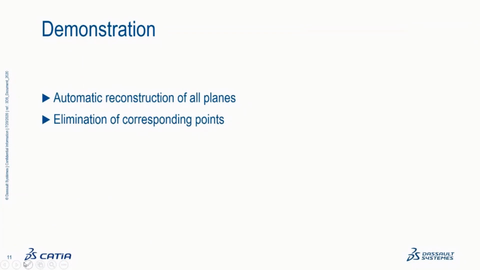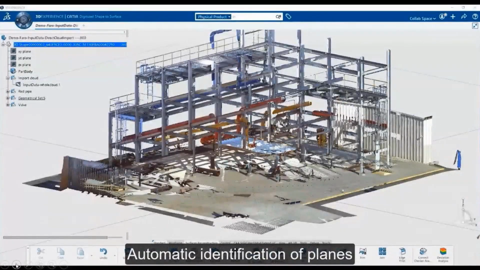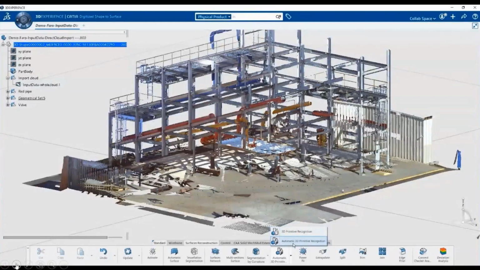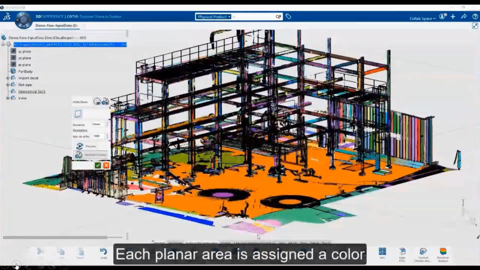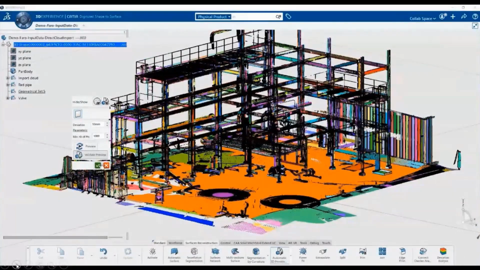Next is important. It's really a question of dedicated tools which are necessary in the context of plant digitalization, because that's a question of productivity. It's the possibility to recreate planes. Yes, so you can decide, as Patrick mentioned, to recreate the planar surfaces inside your plant, for example, in this context. And we have a function that will allow you to investigate the whole cloud of points, 73 million points, as I remind you,